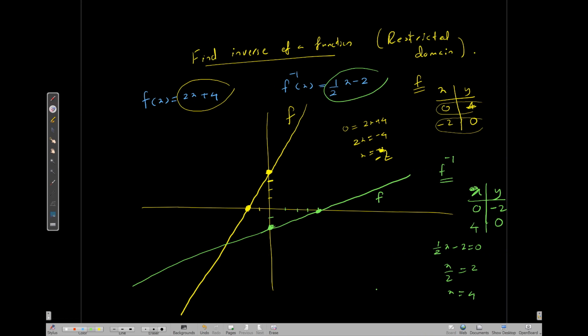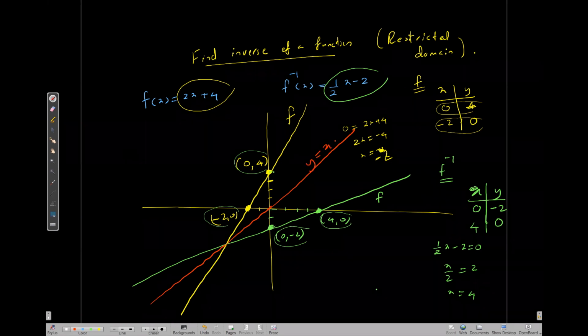Now look at these two graphs. Can you see something special? Let me write down these numbers. This point is 0 comma 4, and this point is negative 2 comma 0. And look at the other points. This one is 4 comma 0, this one is 0 comma negative 2. Now see, this point is 4 units away from the origin, and this point also 4 units. And look at these numbers, 4, 0, and here 0, 4. It was reversed, 0 negative 2 and negative 2 0. So that means these two lines are actually symmetric about the line y equals x,